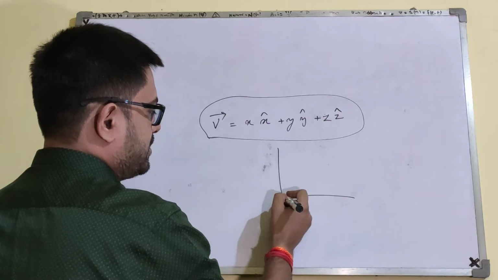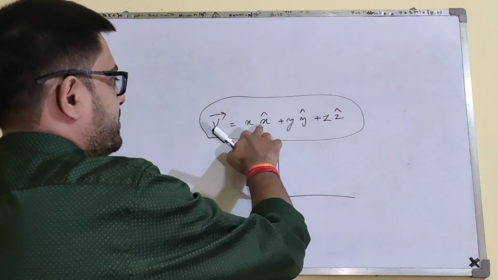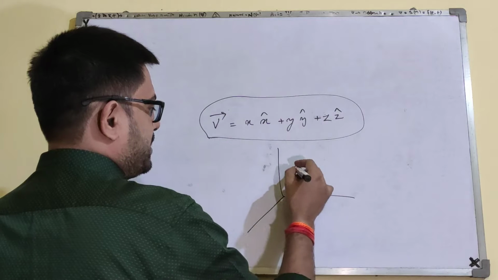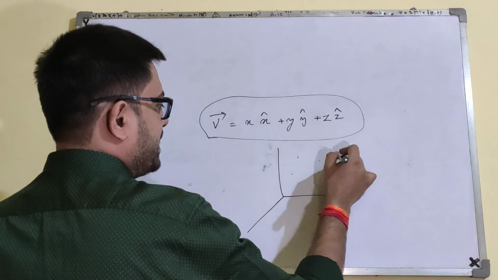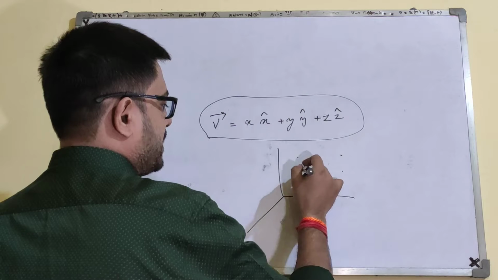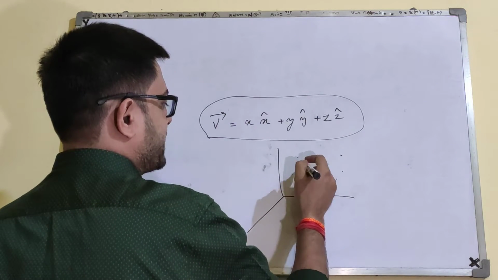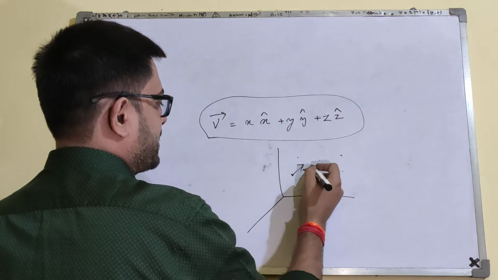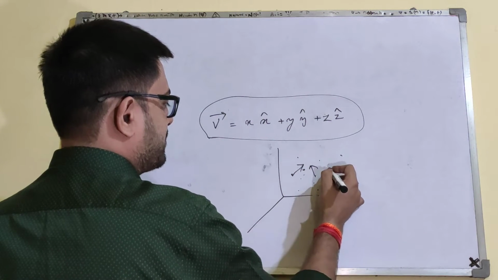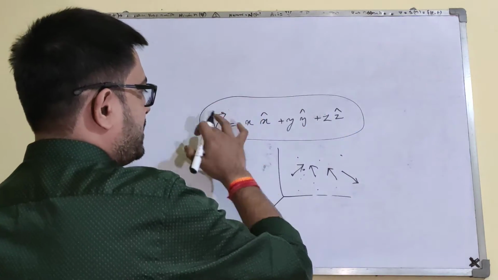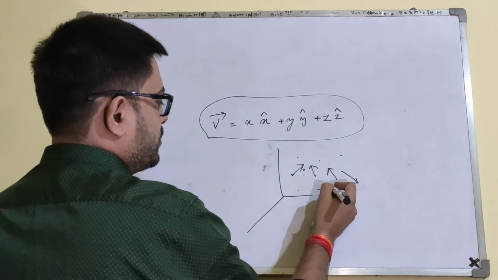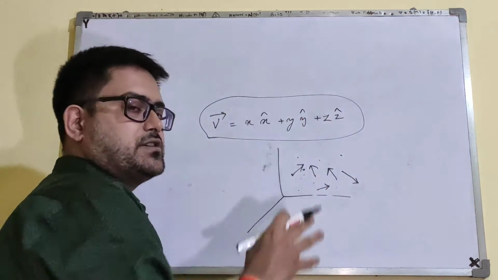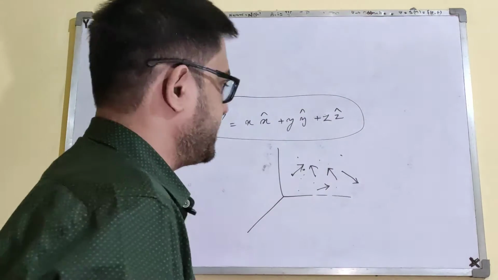three-dimensional space where the basis vectors are x cap, y cap and z cap, or the three coordinate axes, you can take any point in this region, and this formula for the vector field will describe, depending on what coordinate you are taking, a vector here, a vector there, a vector there, depending on the expression of the vector field. Okay, so vector field is basically a distribution of vectors at corresponding points in a region of space, which is a region of vector space.